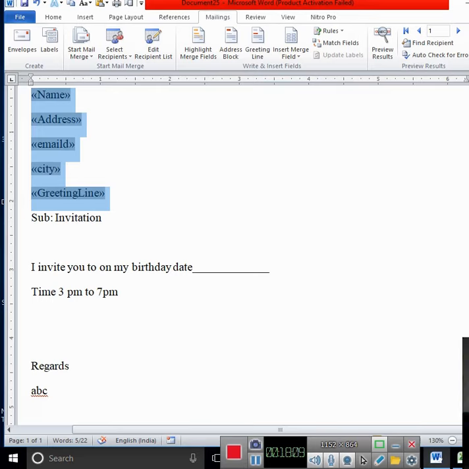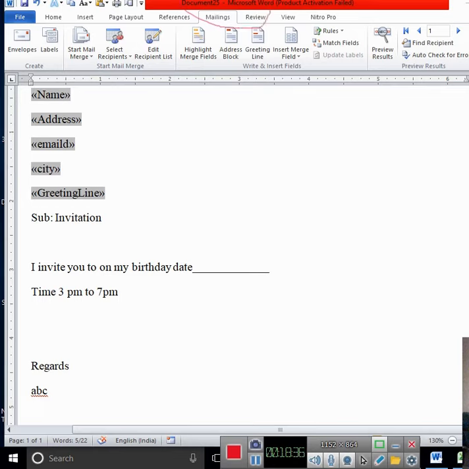Now one option last is come, that is finish and merge, this option. So you click it, finish and merge. This is a document 25, document 25.